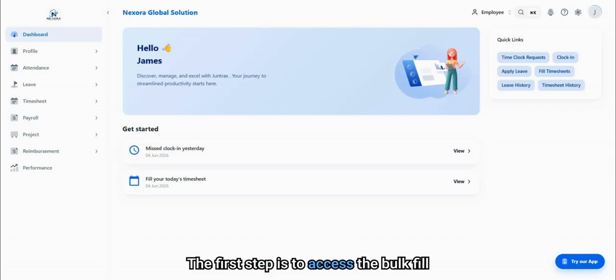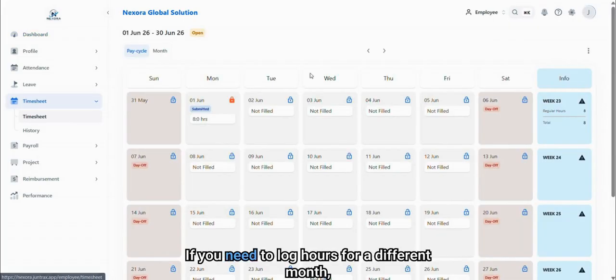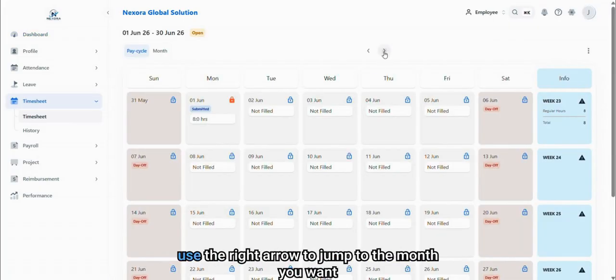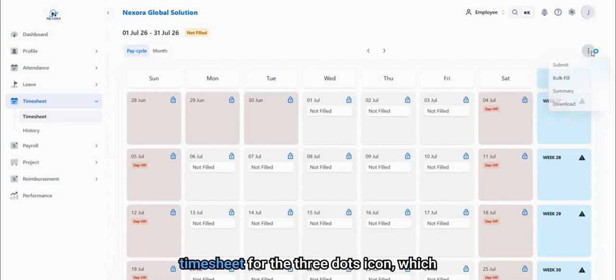The first step is to access the bulk fill feature. To get started, open up the timesheet section from the left-hand menu. If you need to log hours for a different month, use the right arrow to jump to the month you want to fill in. Look towards the top of the timesheet for the 3 dots icon, which holds the Extra